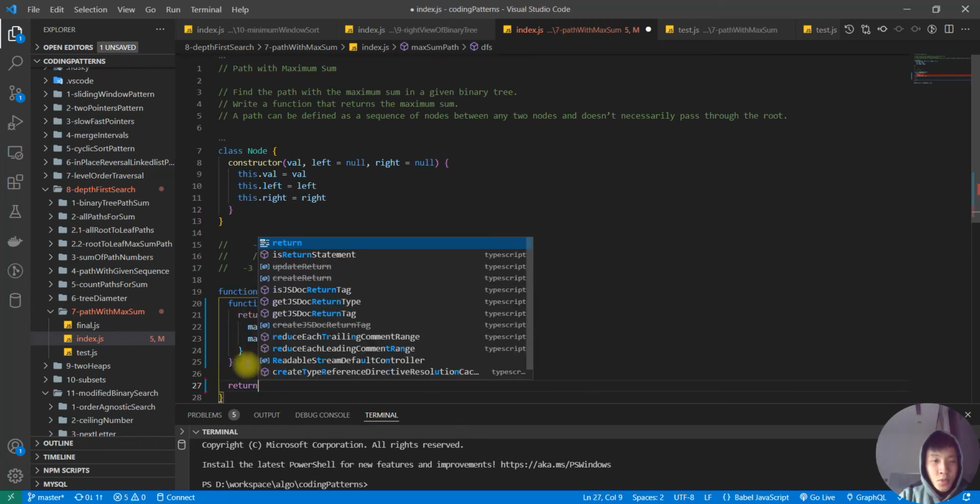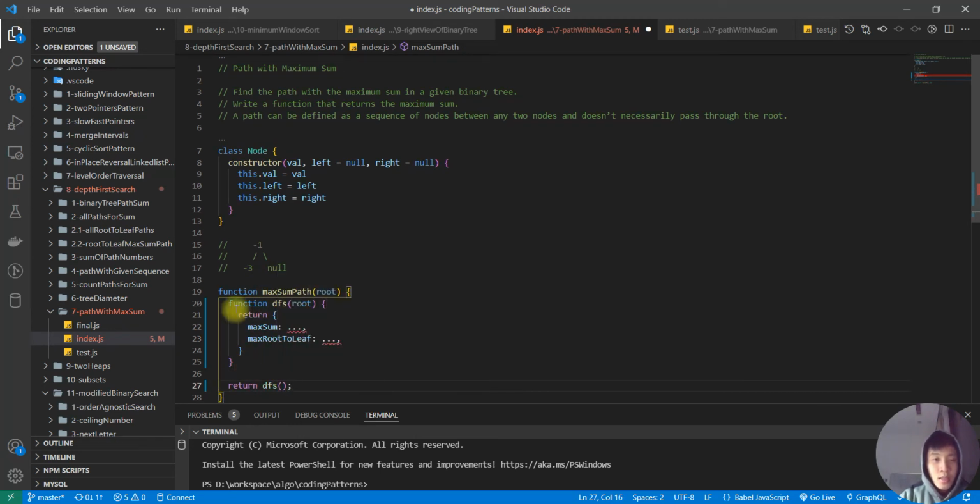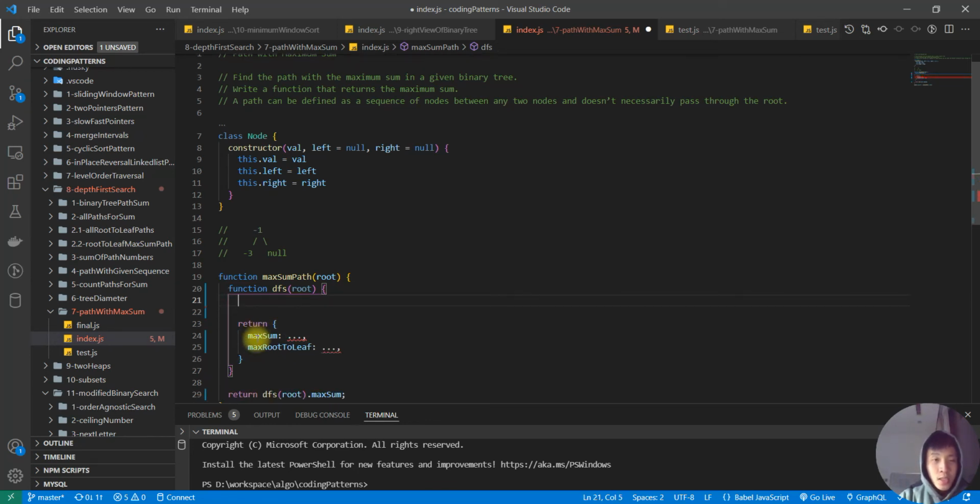And finally I will return DFS, passing in the root from the outer function. This will return this object, and I only care about the max sum, right? So as we discussed, we need to recursively call functions here. So DFS